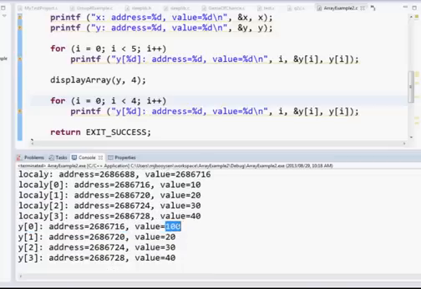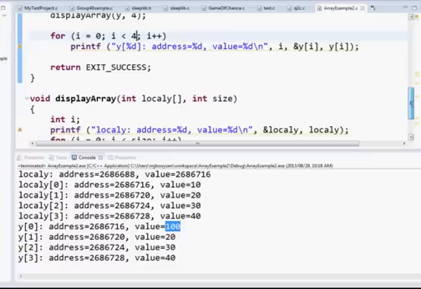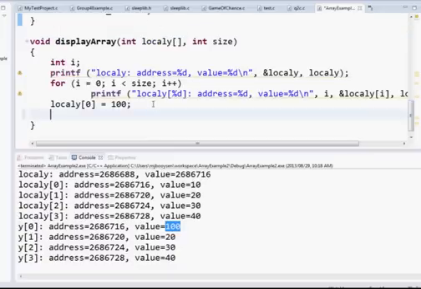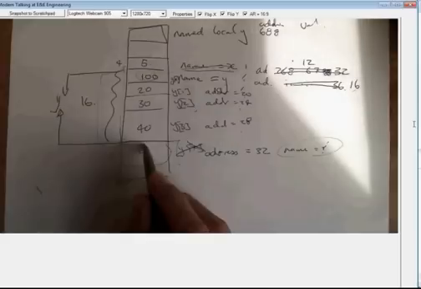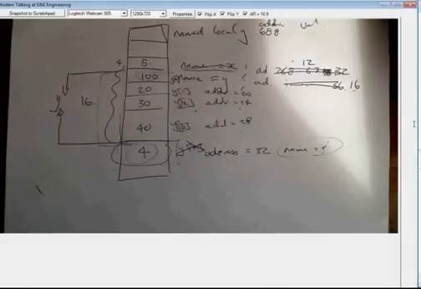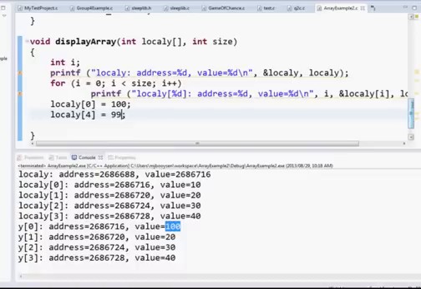So it allows you to affect the changes. I just want to quickly show you something as well. If I do local y4, which is obviously beyond the limits, and I make that equal to 99, now remember local y4 is in fact the address of i, it's where i lives, not really local y. Then if I print out i again,